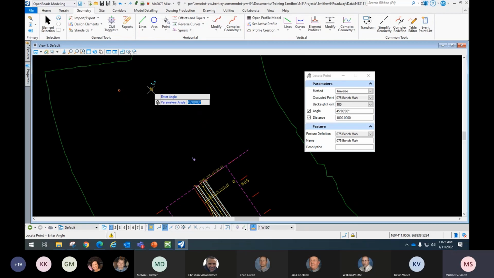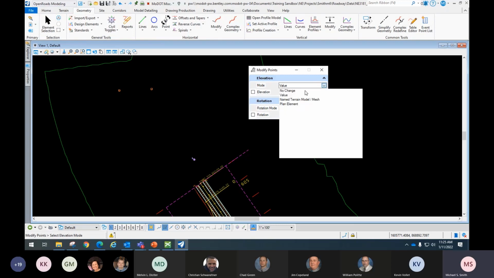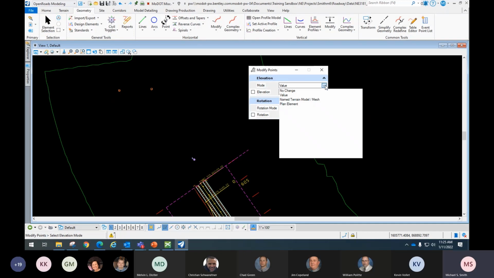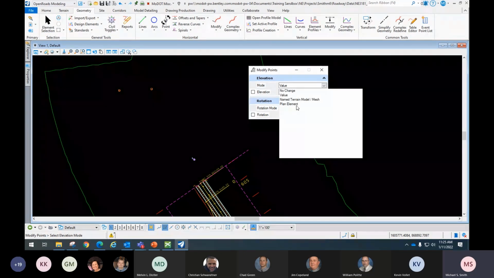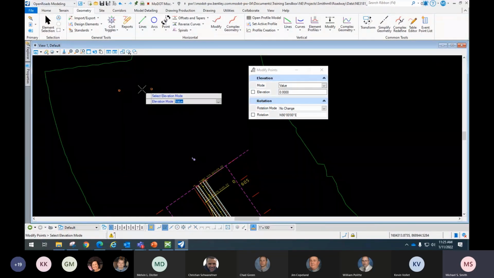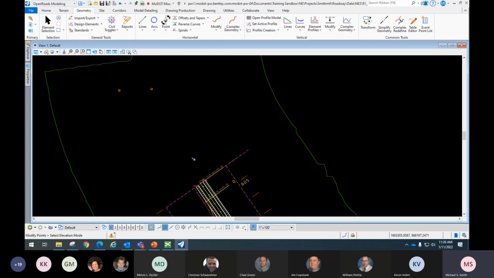You can actually place points out here right on top of your survey points in traverse, but the modify points that's under there, that's another new one. It doesn't really have a lot. It just has maybe changing the elevation. You can change that here if you want, change the value, or change the terrain model it's based off of, or off of a plan element, and then also the rotation. And then you can come out and select those, and they'll modify to that elevation. So if that's something you're interested in doing, that's one of the newer tools. Another new tool